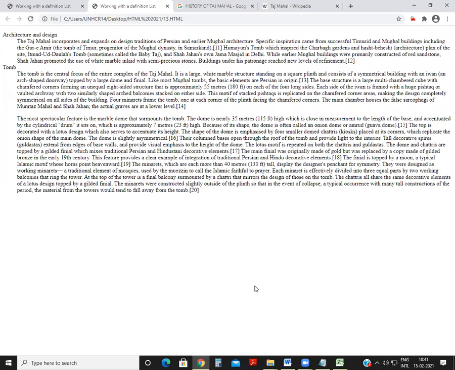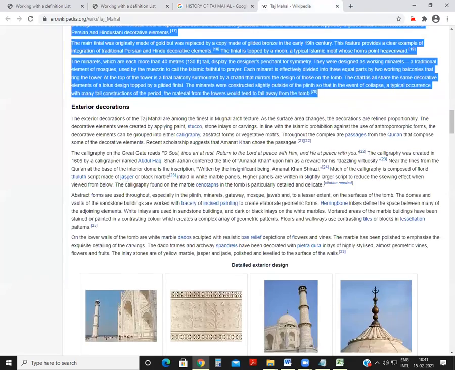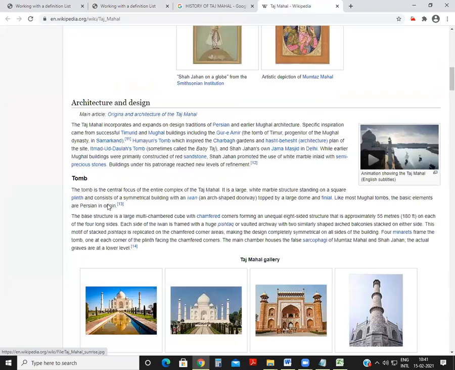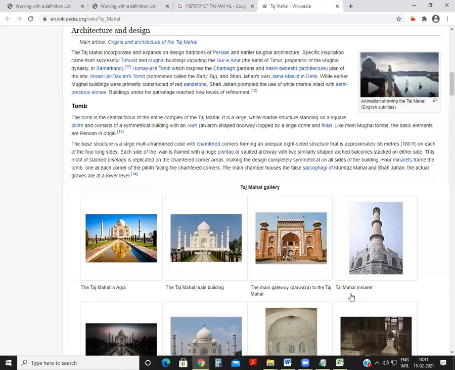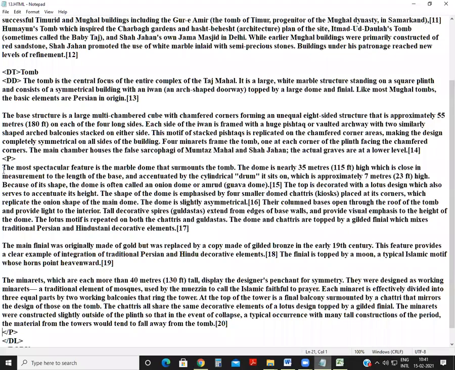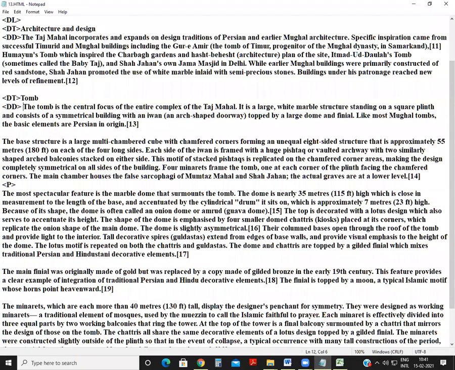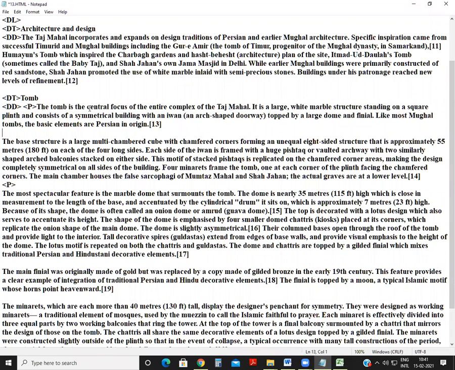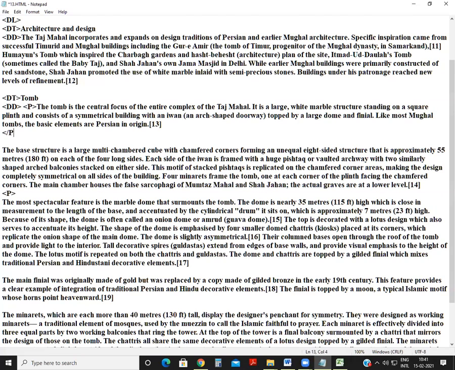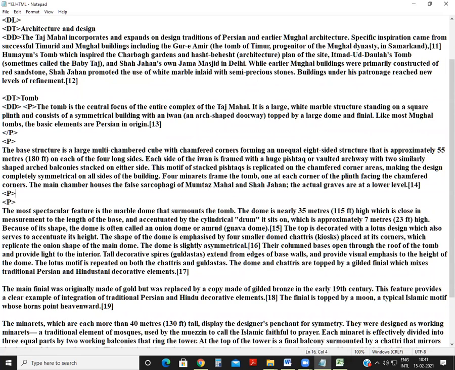So it will come like this paragraph, as here these are paragraphs. You just have to write a P tag. Before the paragraph, write the P tag, and then close the paragraph. Then write another paragraph tag, and after this close the paragraph.